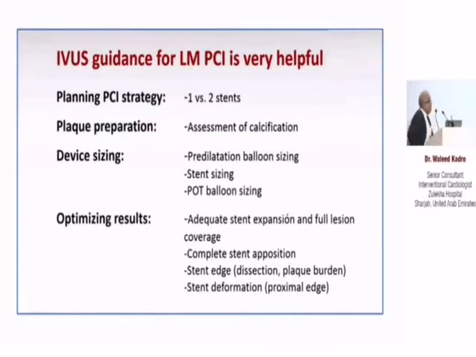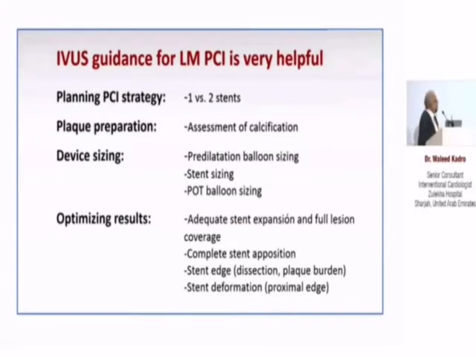So IVUS guidance can give us an idea whether we should use one stent or two stents, whether to do plaque preparation by assessing the calcification, and whether to do rotational atherectomy or another kind of atherectomy. Device sizing by assessing balloon dilation and stent sizing, and doing the POT, which is an important part of any bifurcation intervention. And optimizing the result by assessing the result of the intervention, and making sure that we